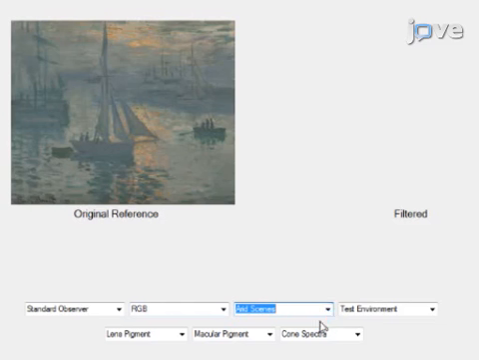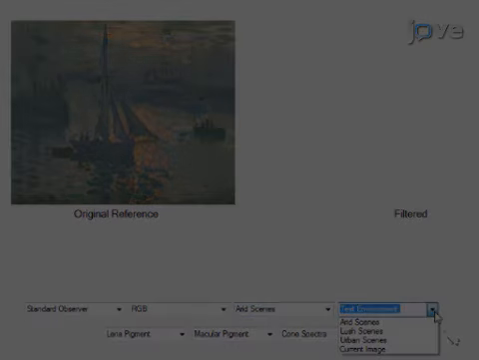Then, click the Reference menu to choose the starting environment, which is the environment the observer is assumed to be adapted to while viewing the original image. Next, click the Test menu to choose the new